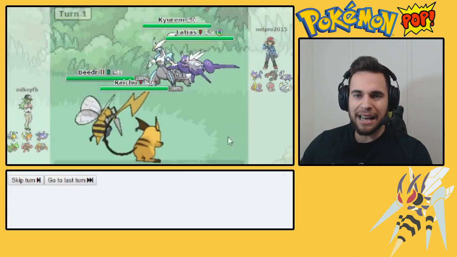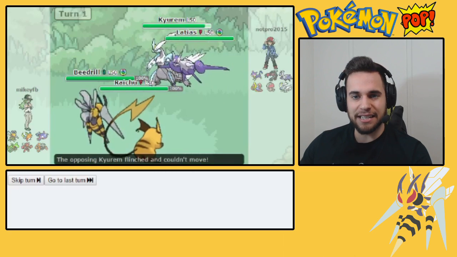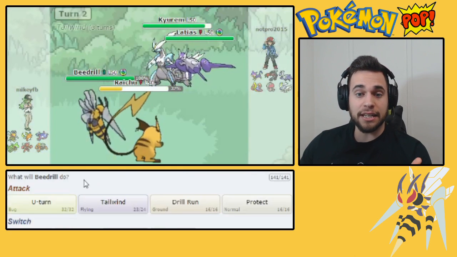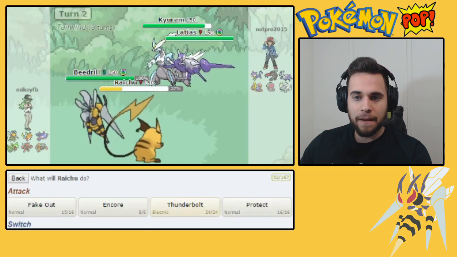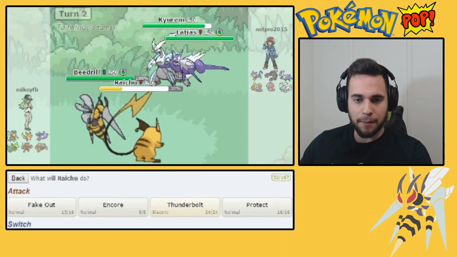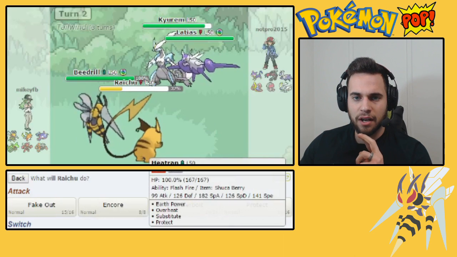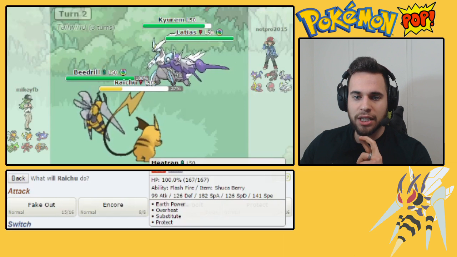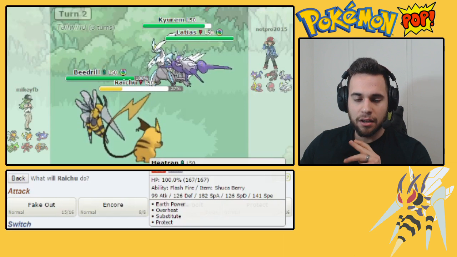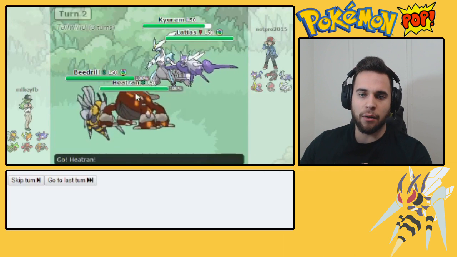So we do see the Mega Latias. I guess I should have seen that coming because I didn't see a Mega, but that's interesting. That's good for us, though, because now we have the Tailwind set up. We saw a Psychic come out. So from there, I think I want to try to preserve my Fake Out pressure by switching into Heatran. Right? But then yeah, let's switch into Heatran, and then we might be able to bring out our...